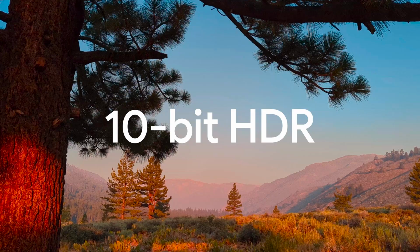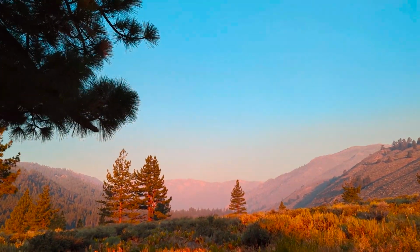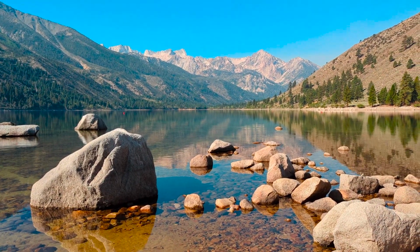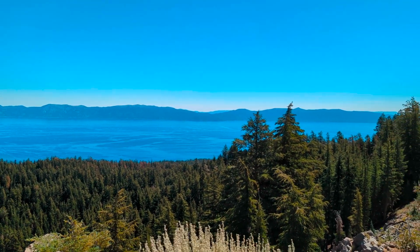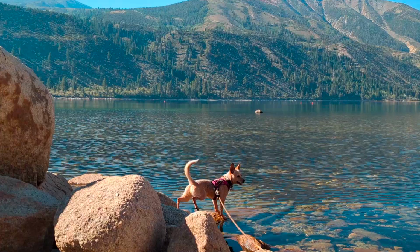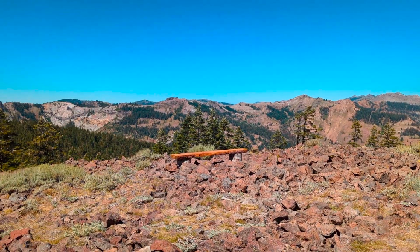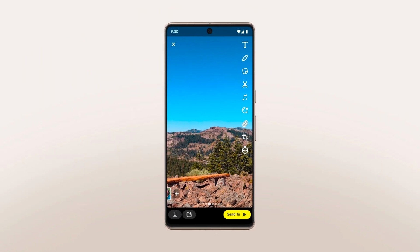Tensor G2 powers lots of other video improvements too, like the new 10-bit HDR. So you can record brighter videos with wider color ranges and higher contrast. With 10-bit HDR, your videos look more like real life and utilize the full capabilities of Pixel 7 and Pixel 7 Pro's amazing display. We've even partnered with Snap, TikTok, and YouTube, so your HDR videos look vibrant when shared